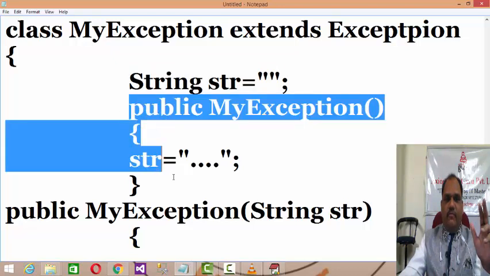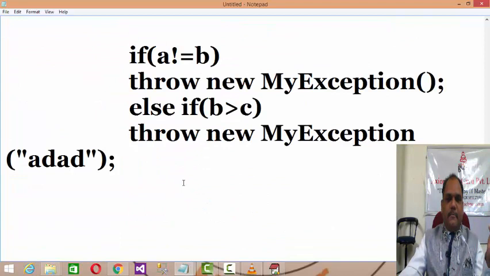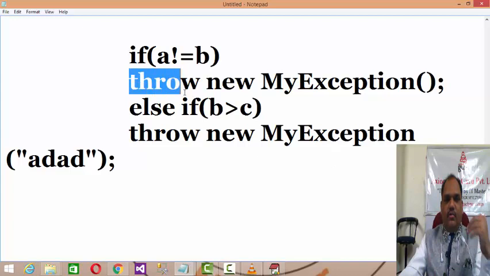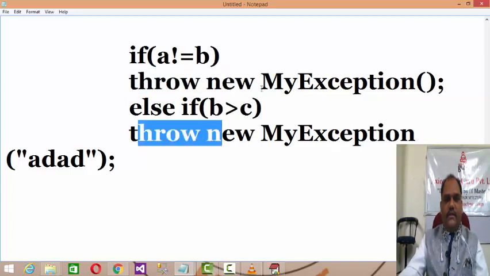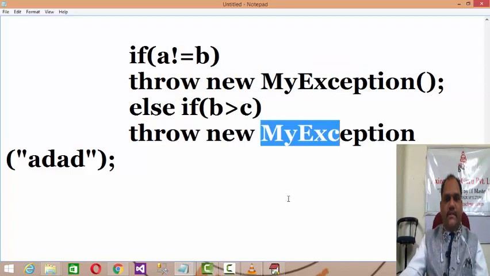So you have string data, a default constructor and a parameterized constructor. The Java runtime environment can create objects only for predefined exceptions, but in the case of user defined exceptions, the object of the exception has to be thrown conditionally. Whether it's the default one or the parameterized one, you have to decide, and in this manner users can create user defined exceptions as well.